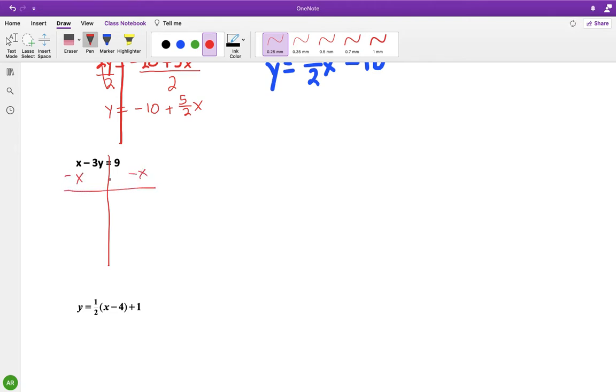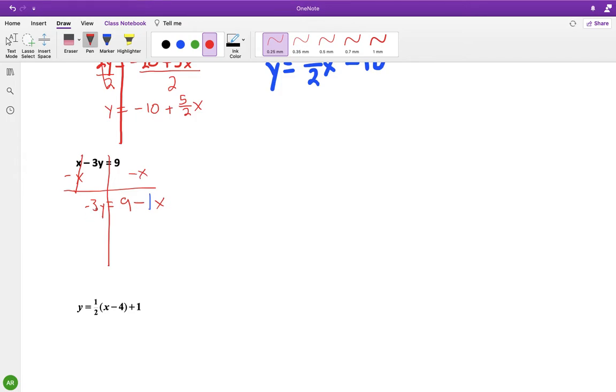All right. So this goes away. X minus x is 0. So I'm left with negative 3y equals 9 minus x. Now in this case, I'm going to go ahead and put a 1 in front of that x as a reminder. I find it's helpful for students to have a coefficient visible